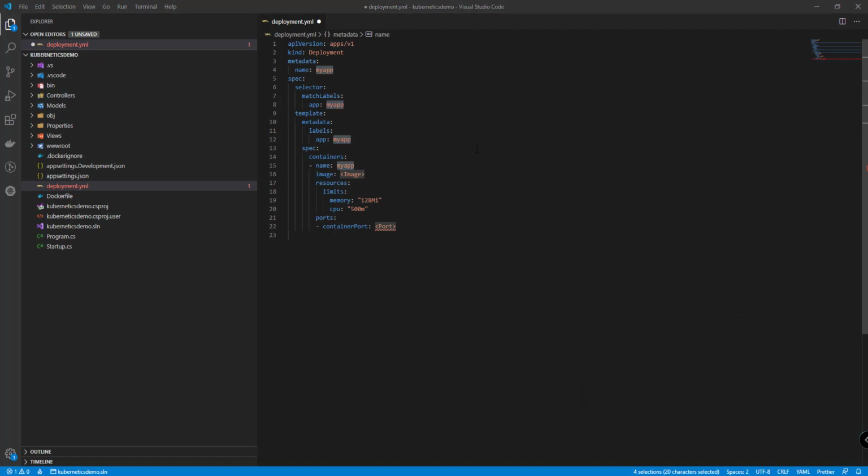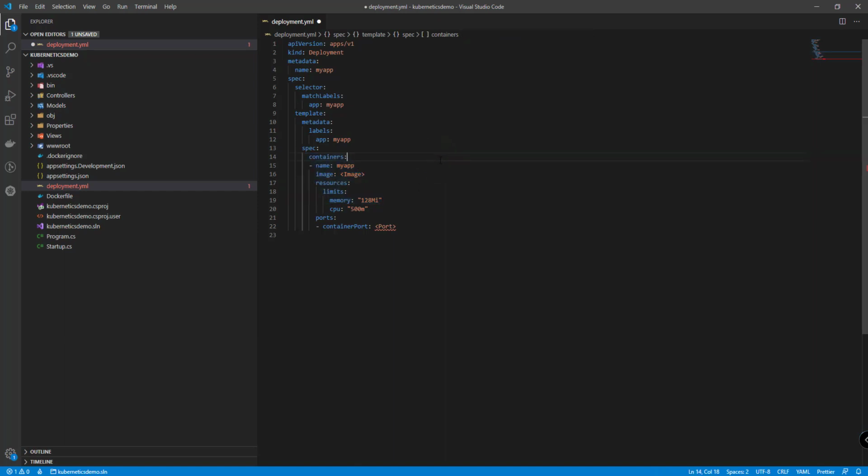Now we have a separate section over here. We have a selector, we have a template for Azure Container Registry in pods. We have a separate section for naming, giving a Docker path and name for the container.